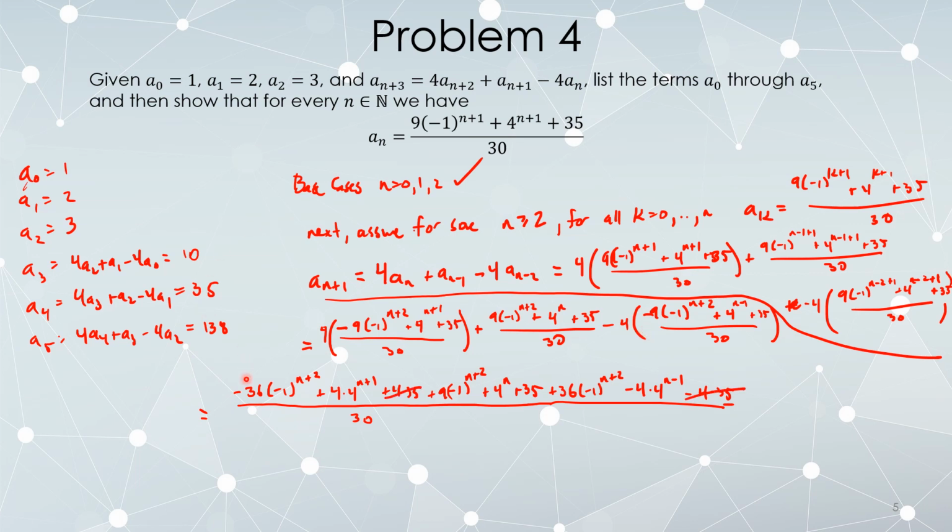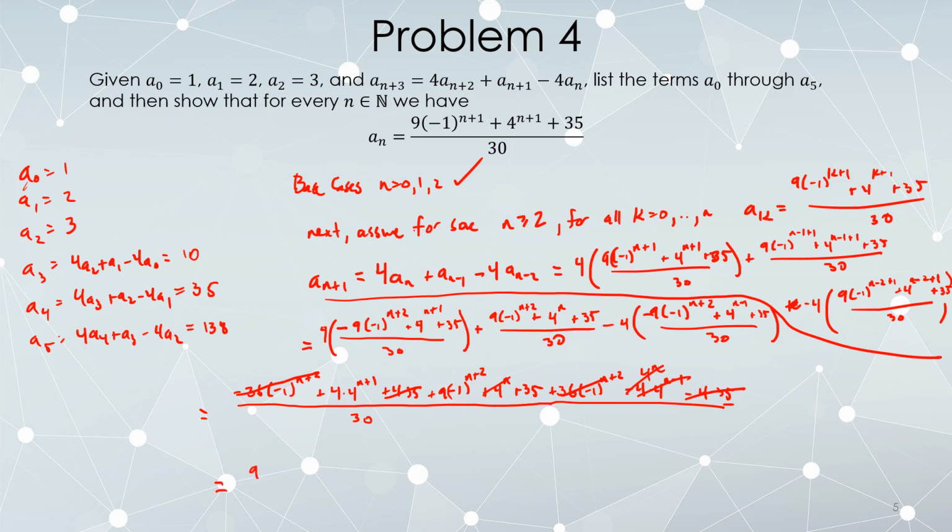We also have negative 36, negative 1 to the n plus 2, positive 36, negative 1 to the n plus 2. Those cancel each other out. And 4 times 4 to the n minus 1 is just 4 to the n. And now I have a plus 4 to the n and a minus 4 to the n, so those cancel each other out. Ultimately leaving us with,